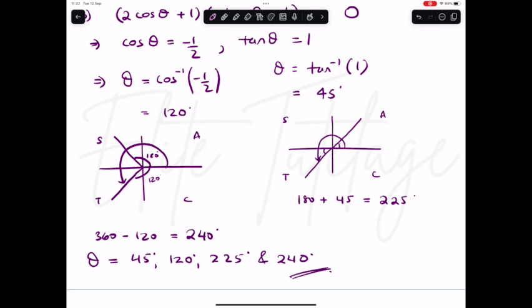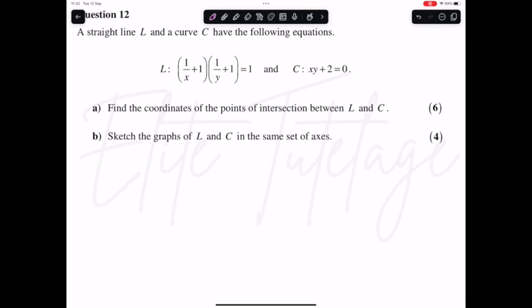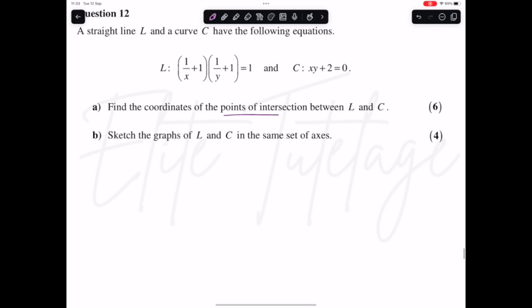So question number 12 here. We've been given an equation of the line and the curve, like so. And we need to find the coordinates of the points of intersection between L and C. For this one, I'm going to have to solve them simultaneously, but first, let's go ahead and simplify the equation of L. Okay, so just getting it in two separate fractions,